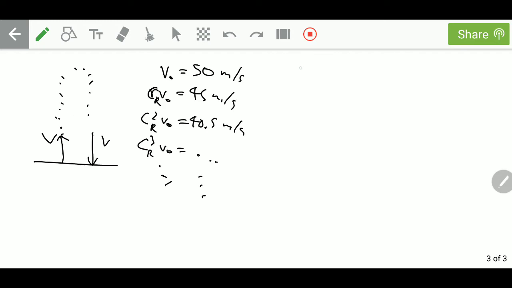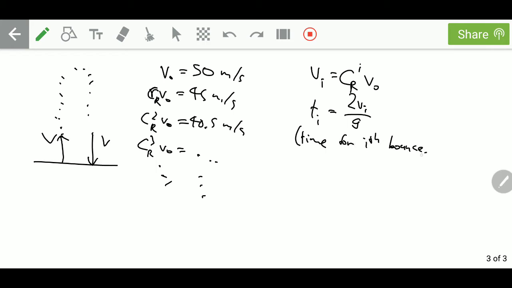And remember the time, so we'll say that v sub i is equal to C_r to the power i times v naught, and t_i is equal to 2 times v_i over g. This is the time for the ith bounce, starting at 0. And so that will equal 2v naught over g times C_r to the power i,